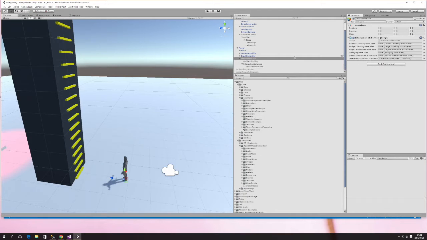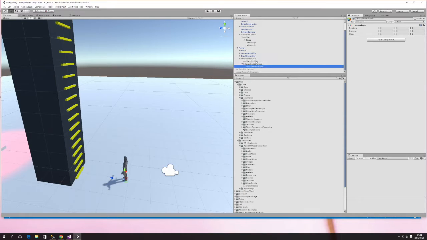And now we are ready to implement these two scripts, and this is going to be a bit code heavy. I think we start with the interaction volume because it's a bit easier, or at least a bit smaller. So we need to add a new script for this. So we're going to switch to Visual Studio,